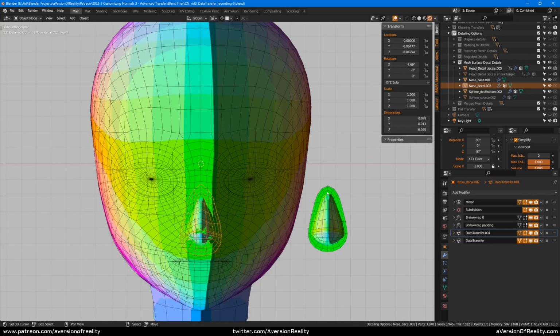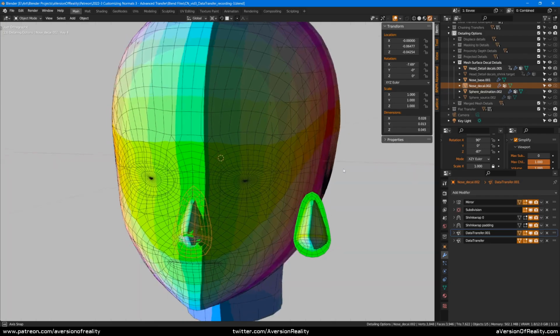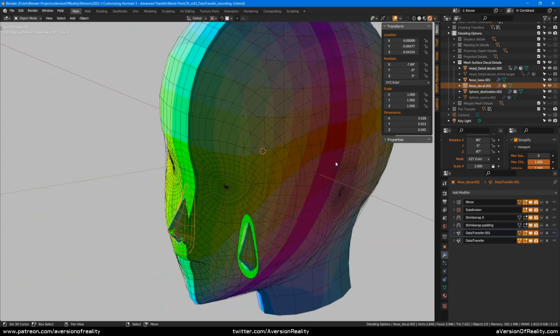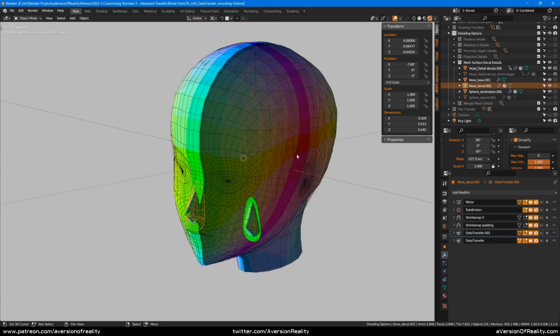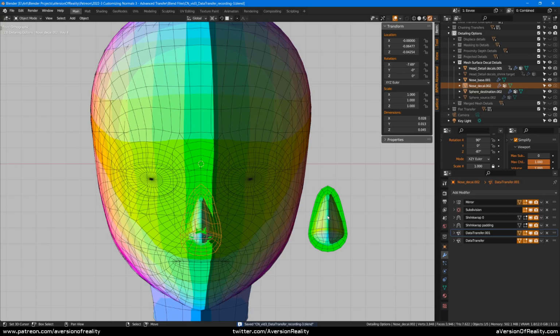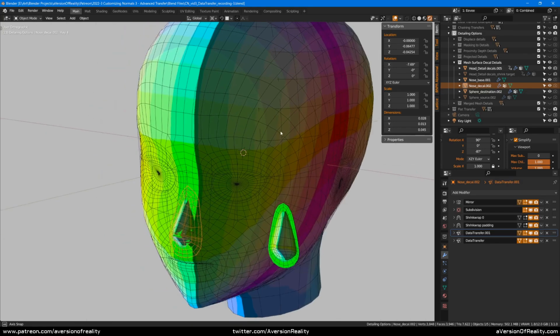So we understand our detail setups pretty well now. So now we can move on to the next issue. Yay! And this is another issue that we can't fix until geometry nodes, but you need to know about it. So this is our nice mesh decal. We're transferring from here to here, and this is stuck on the front of the face and everything's nice.